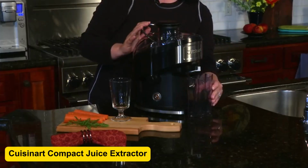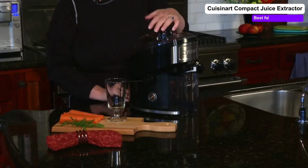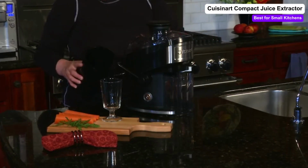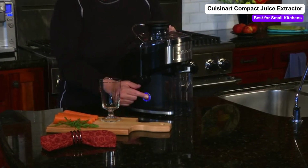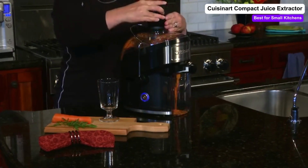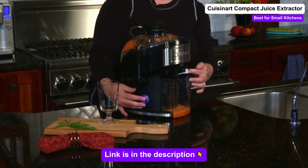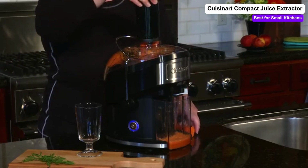Cuisinart Compact Juice Extractor. Big juice power in a compact package, the Cuisinart is perfect for small kitchens. This sleek juice extractor features a 16-ounce juice pitcher for uninterrupted juicing, while the 40-ounce pulp container keeps waste in check. The manually controlled adjustable flow spout prevents drips, and the mesh filter basket grinds fruits and veggies to extract